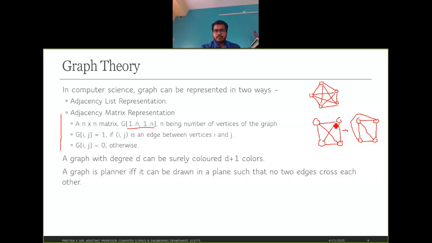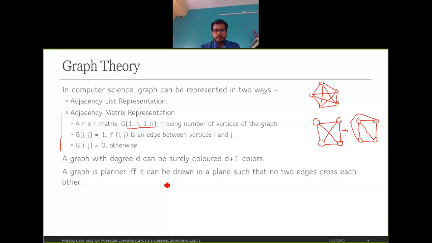There will be at least a few edges crossing each other in this case. So a graph is planar if it can be drawn in a plane such that no two edges cross each other.